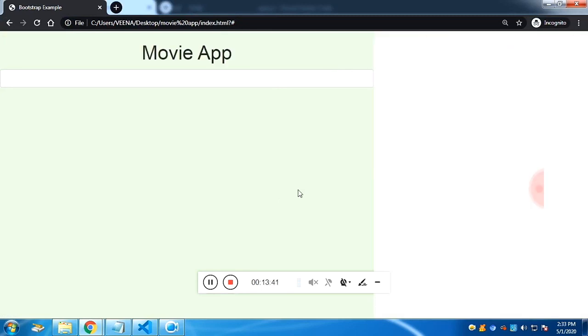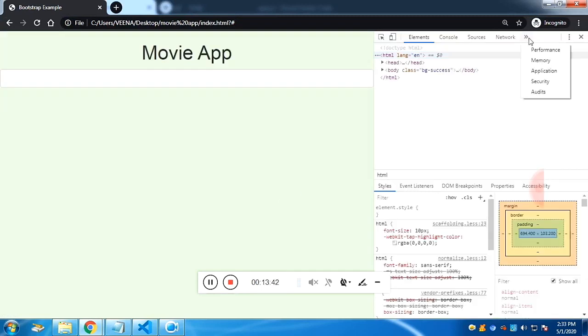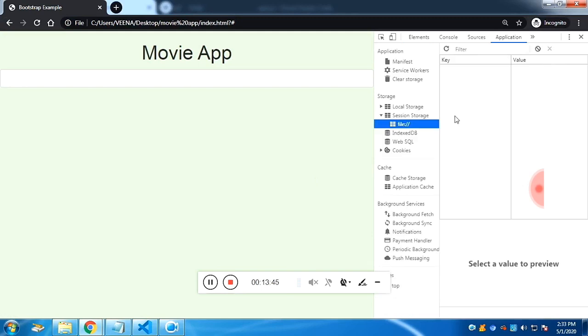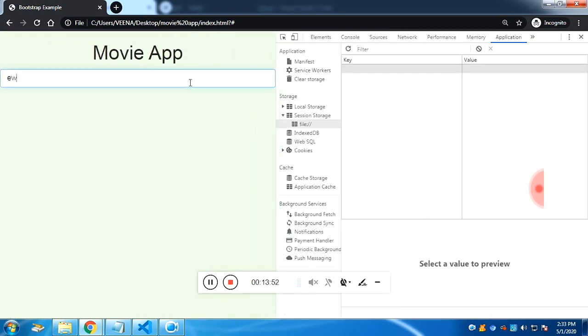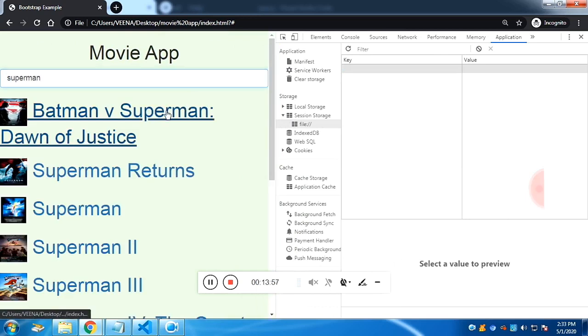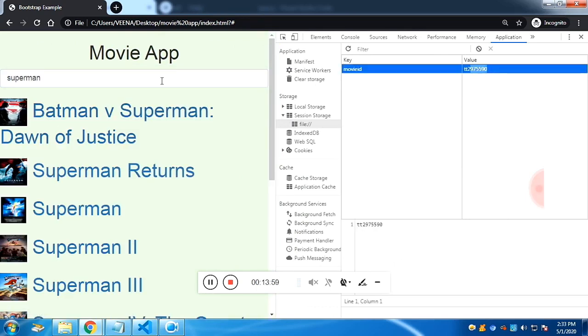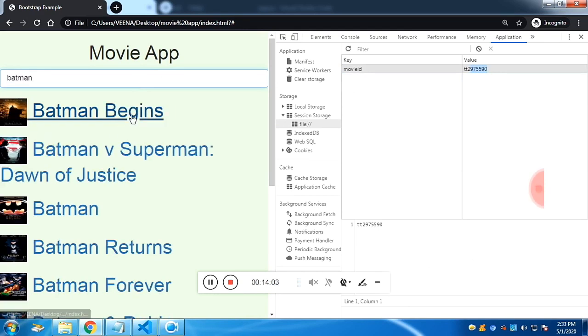And if you check the application tab, you would see there is no key and no value. Fine. Now let's type and see. Once we click on the link, it should set the key and value. Fine, it's done. And now you can see another value is changed by clicking on another link.